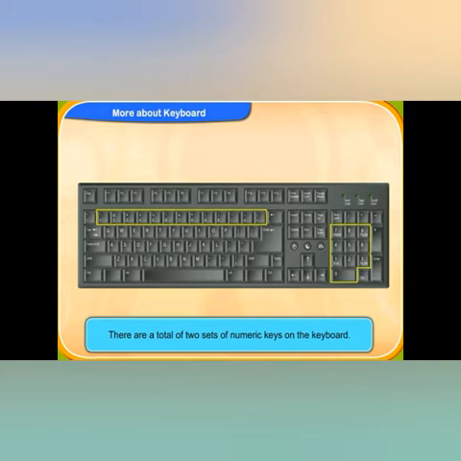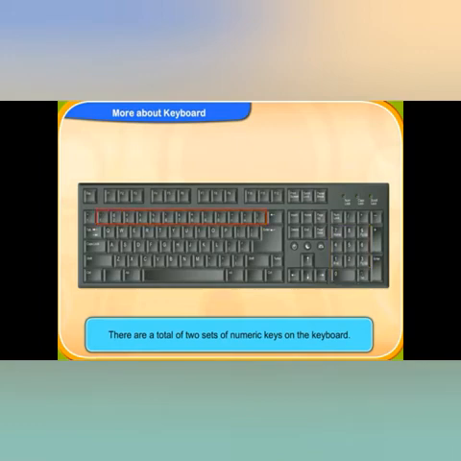Now we will talk about the number keys. Number keys are also known as numeric keys. There are a total of two sets of numeric keys on the keyboard. Here you can see in the picture all the keys bordered in yellow line are number keys. There are a total of 10 numeric keys from 0 to 9.